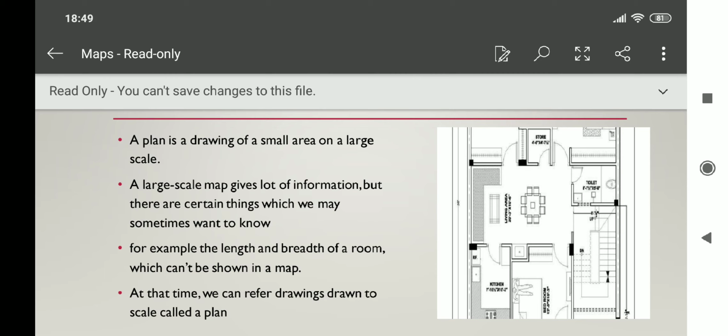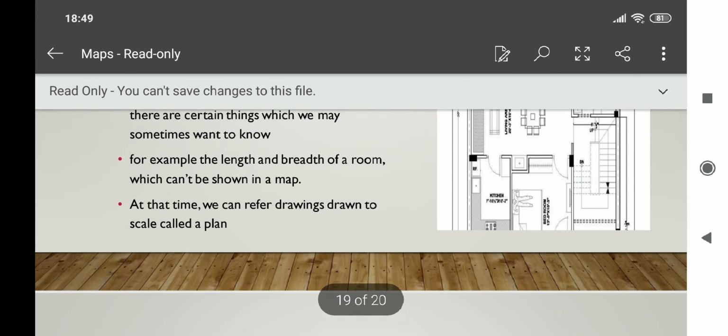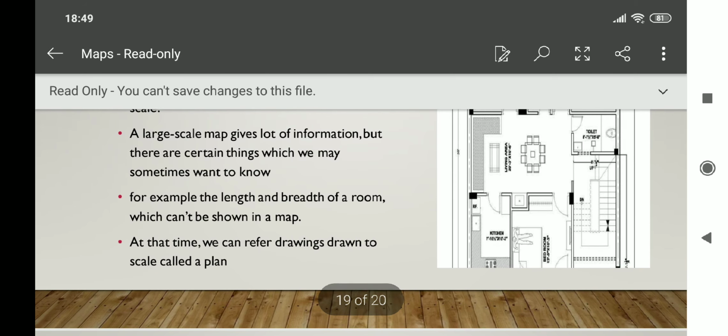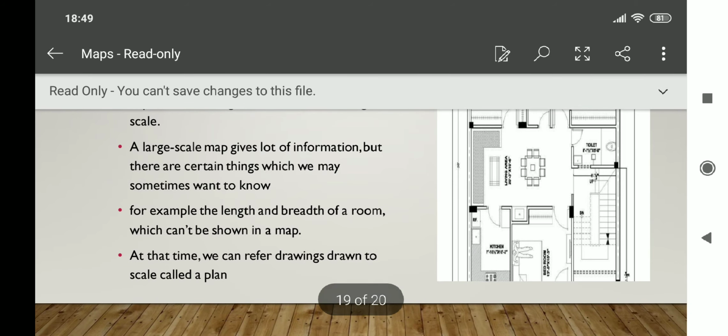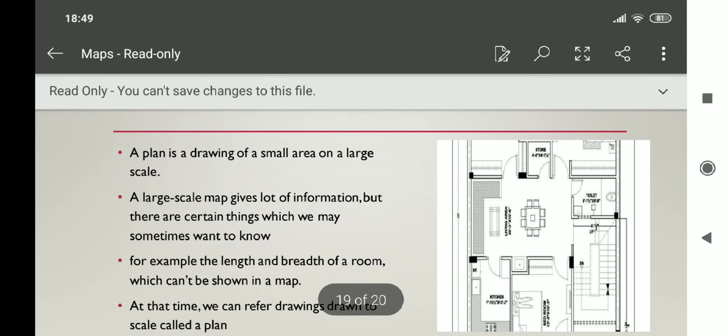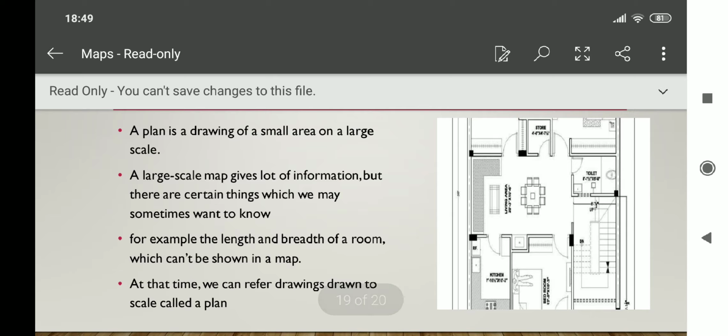A large scale map gives lots of information, but there are certain things which we may sometimes want to know, for example, the length and breadth of a room, which can't be shown in a map. At that time, we can refer to a drawing drawn to scale called a plane. So in this, scale is required, but in a sketch the scale is not required. So please remember all these 4 points for plane.